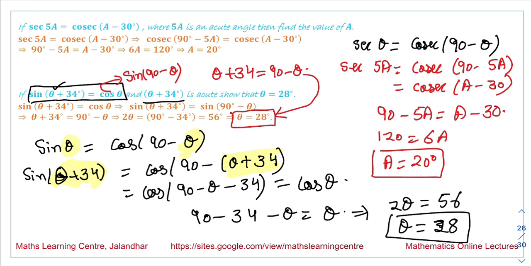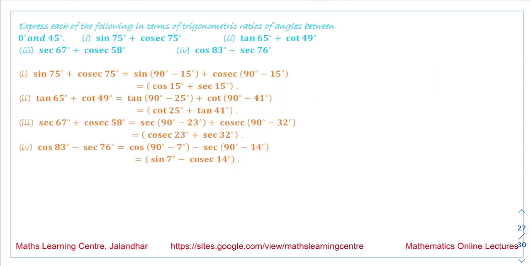Now in this question, we have to write all these terms as angles between 0 and 45 degrees. The angles given over here are 75, 65, 49. So these angles are greater than 45 degrees. We have to write all these expressions in terms of angles less than 45 degrees. So this 75, we can write as 90 minus 15. So sine of 90 minus 15 is cos 15, and cosecant of 90 minus 15 is